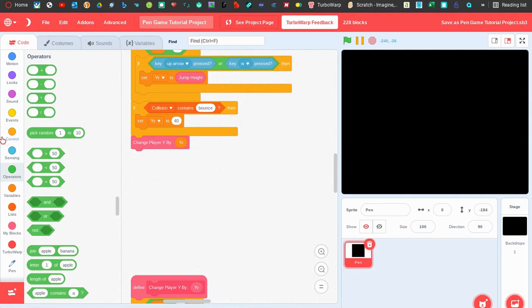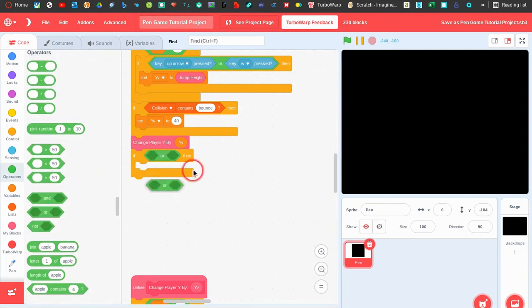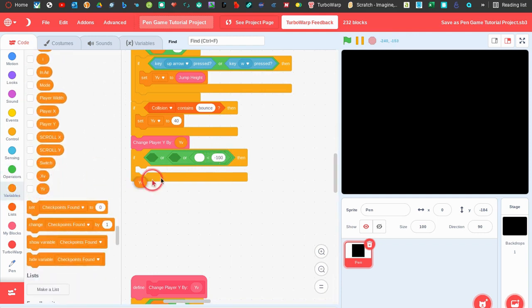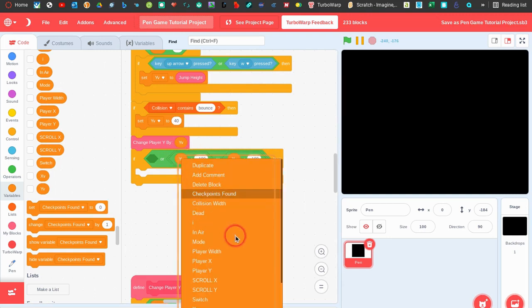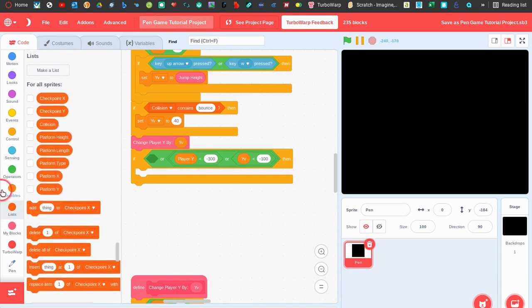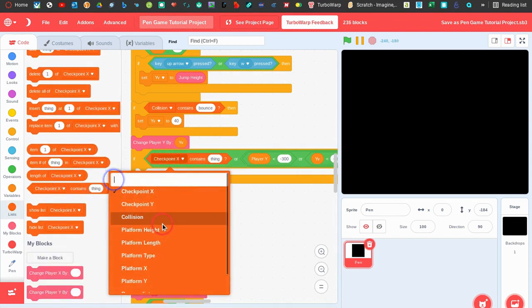we now just need the rest of the physics, which is pretty sure it's just going to be the dying and stuff, and the scroll. So if collision, and then actually let's do an or, and then another or. In this one I'll put if YV is less than -100. So we're falling, like if we get a gravity shift, we want to stop. But I'm not going to say if it's greater than something, because we might just go really high in the game. There might be stuff that's really high or something. So then also we're going to say if the player Y is less than -300, or the collision contains lava,